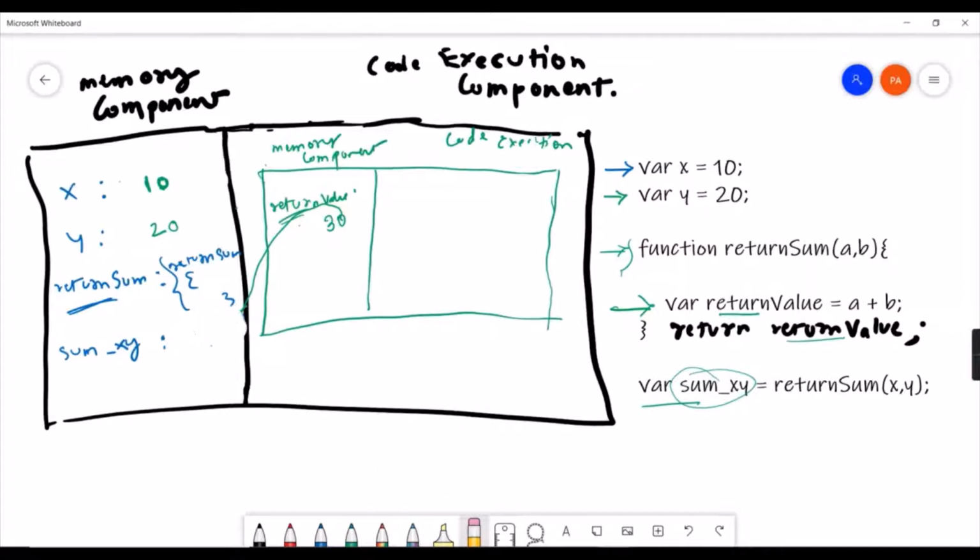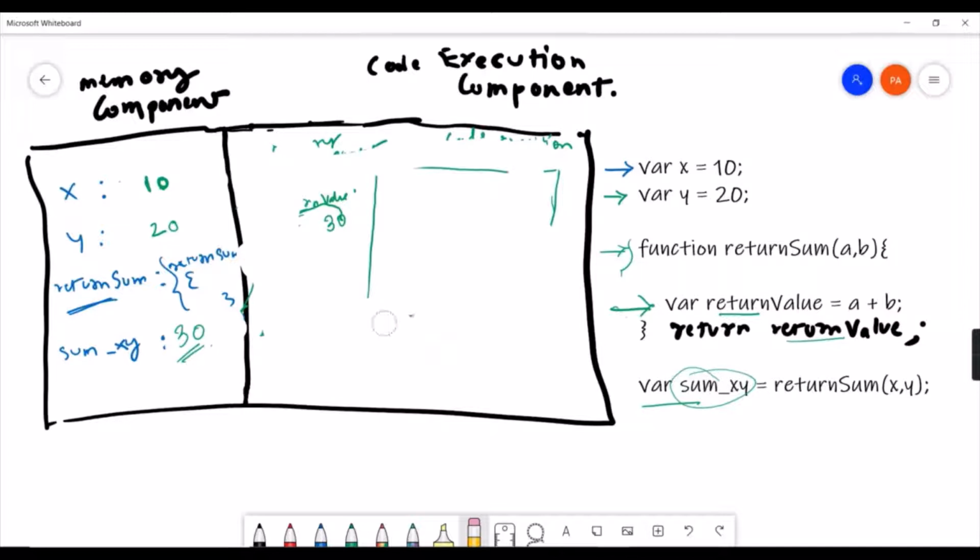Okay, so control is now in the global execution context, and the new value, that is 30, will be assigned to this variable. Okay, now once the function execution is completed, the local execution context specific to this function will be removed from the browser. Okay, so this is totally removed because its work is over, right? So it will pass the value and control to the global execution context, and then this will be destroyed.